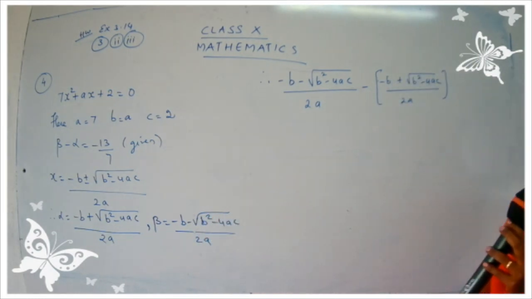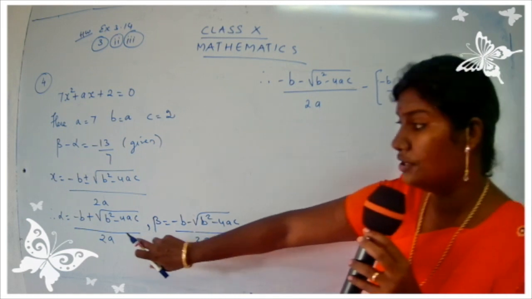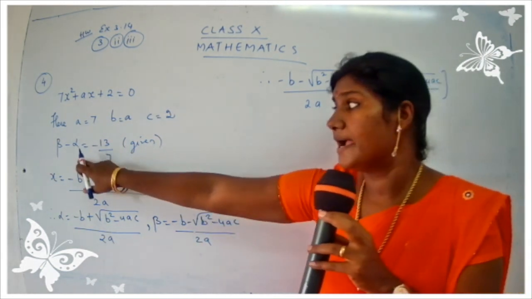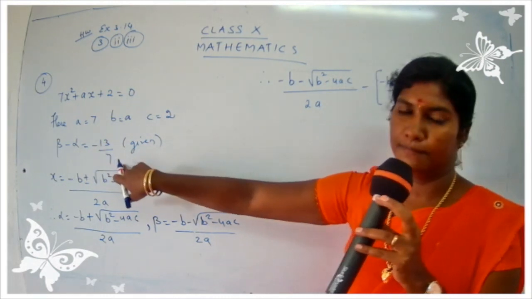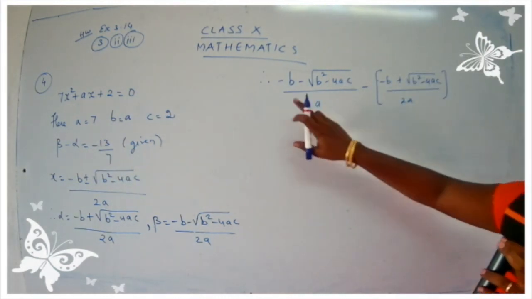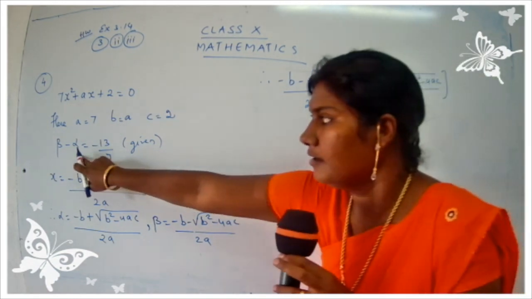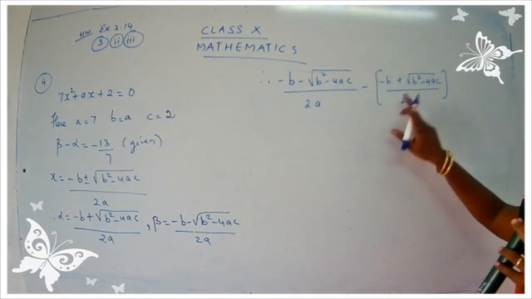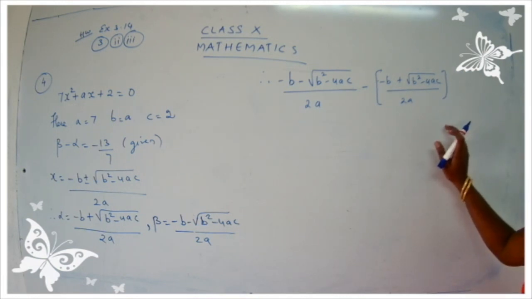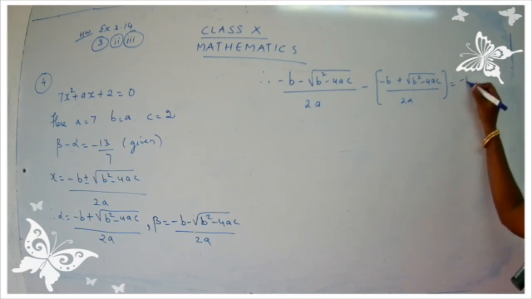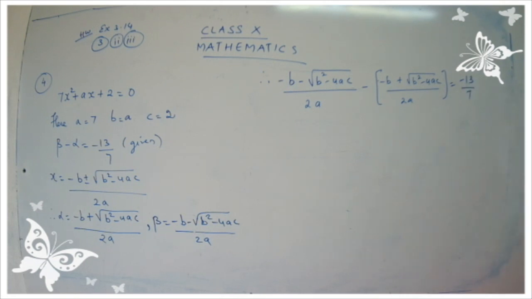Okay. So now what are we going to do? We are going to substitute the value for alpha and beta in the given part. What is given? Beta minus alpha is equal to minus 13 upon 7. So be careful children. So beta, I have taken the beta value, minus is the main sign, okay, minus, and just put the alpha in the bracket so that we will not make mistake in writing the sign. It will be easy, we will avoid making mistakes. Okay, this is equal to minus 13 upon 7.